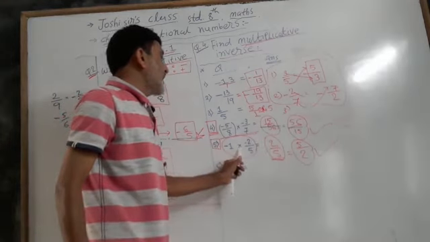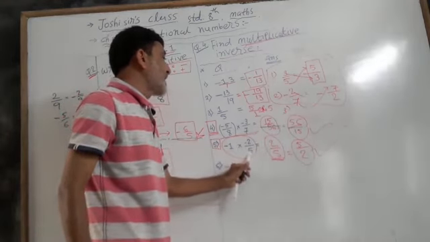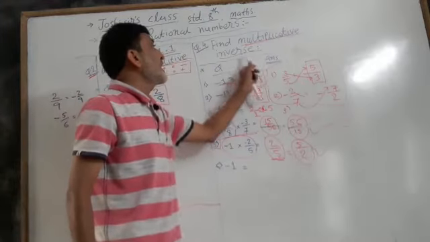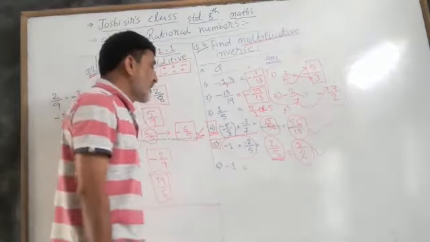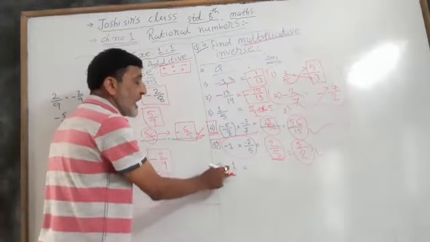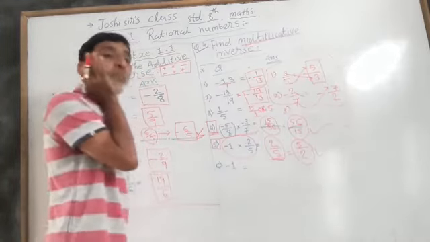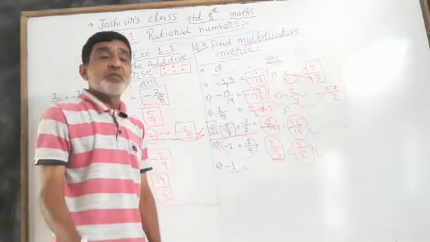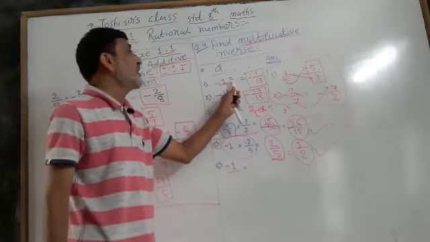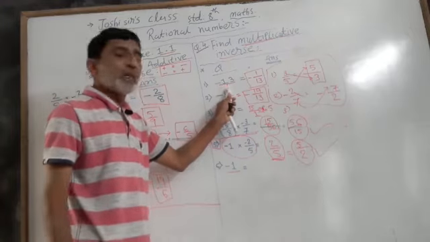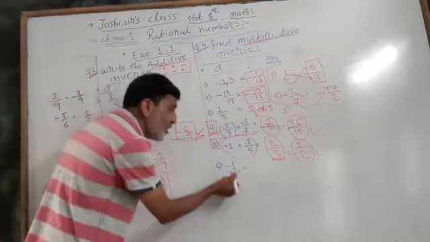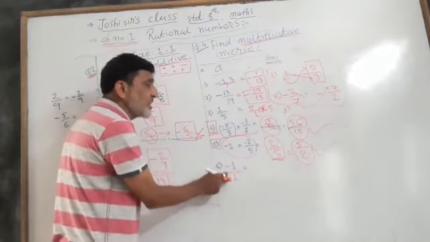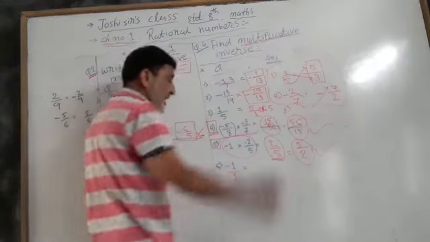Minus 1 into minus 2 upon 5 means 5 upon 2. This is the multiplicative inverse of this question. Now see here, the given number, the last number, is minus 1. The downside has no number, so you can write 1. So here also you can write 1. Now you change this number into multiplicative inverse.